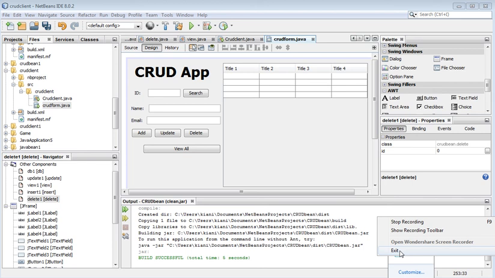For the insert we have to drag this and insert here. For update we have to drag this and insert here. For the view we have to drag this and insert in the form. Now these are available.